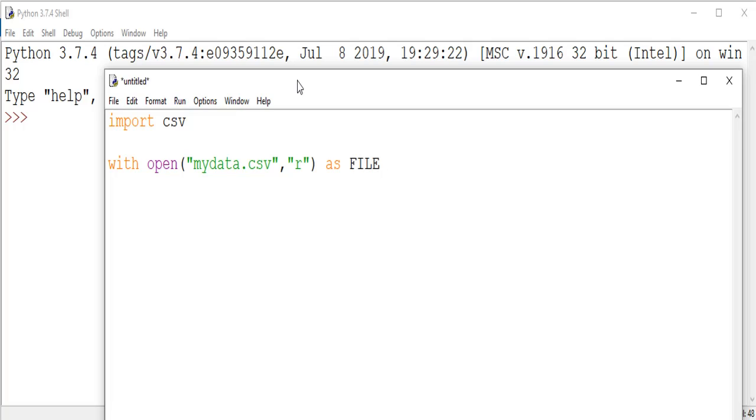So instead of writing file equals to open, we'll be writing with open, file name, read mode, as file. After this, we have to use the reader function in order to read this mydata.csv file.